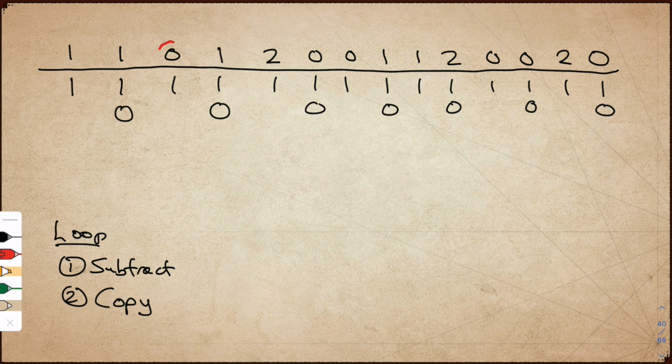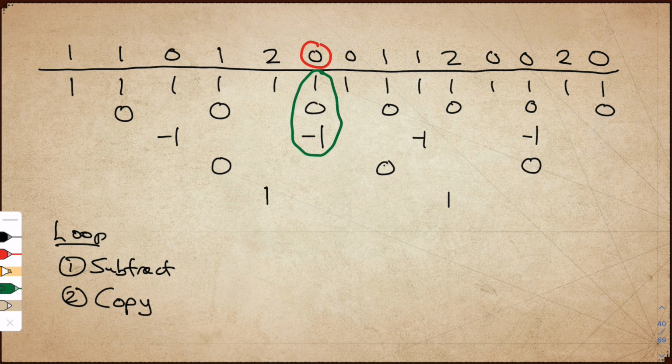In the third column, I take the top element and I subtract everything that's written below. 0 minus 1 is minus 1. And I distribute copies of this minus 1 all along the third row in jumps of 3. And so on. In the fourth column, we have 1 minus 1 and 0. In the fifth column, we get 2 minus 1, that's 1. Then 0 minus these numbers, that's 0, and so on. Let's animate this.